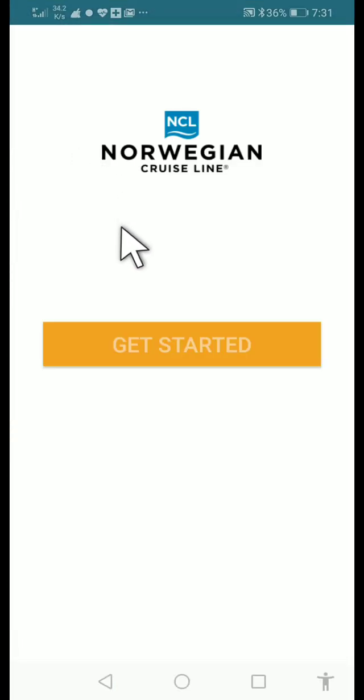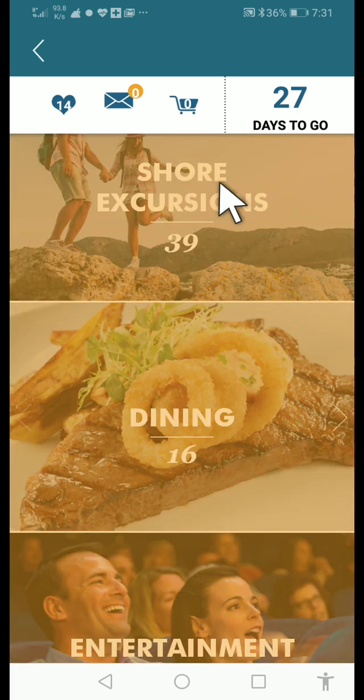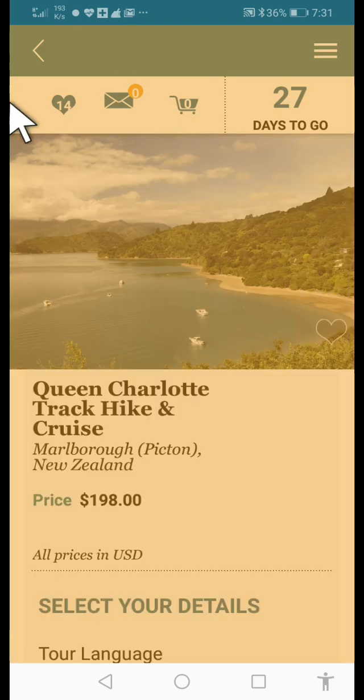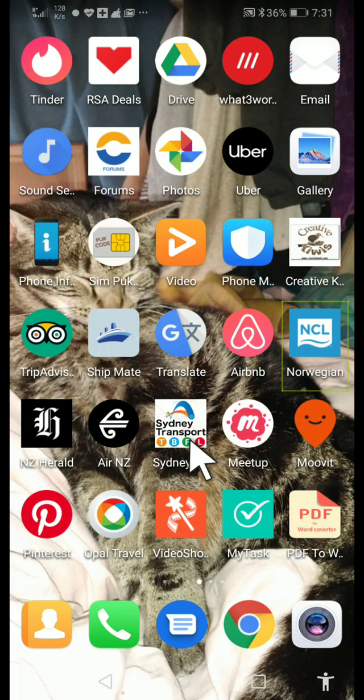This time I'm travelling on NCL. So most cruise lines have got an app. So I'm already booked in, ready to go. So each cruise line offers its own excursions and stuff. But you don't have to take their one. You can take, because quite often the cruise lines are more expensive. So I've also got